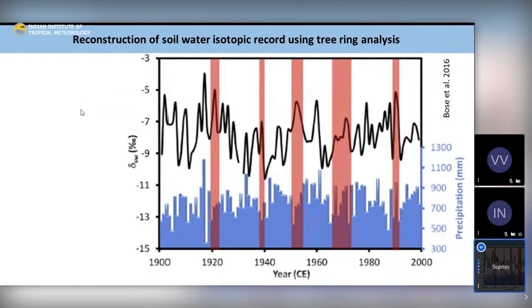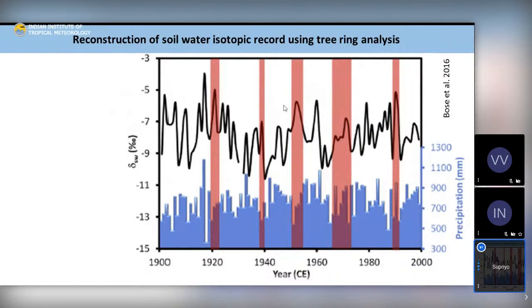Since the tree gets its water mainly from the soil, and soil water is mainly derived from rainwater, essentially the isotopic composition of soil water carries the isotopic signature of rainfall, which subsequently gets recorded in the isotopic values